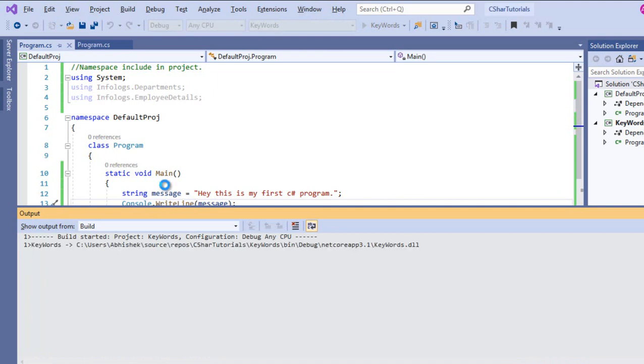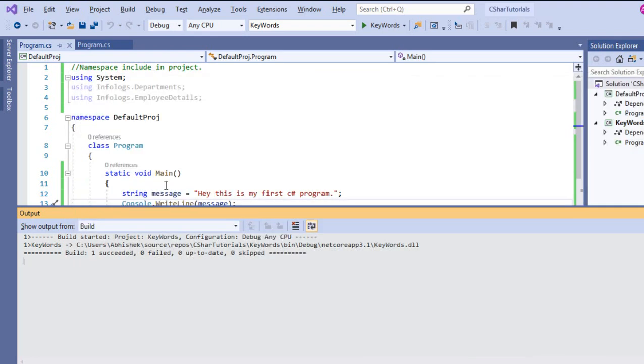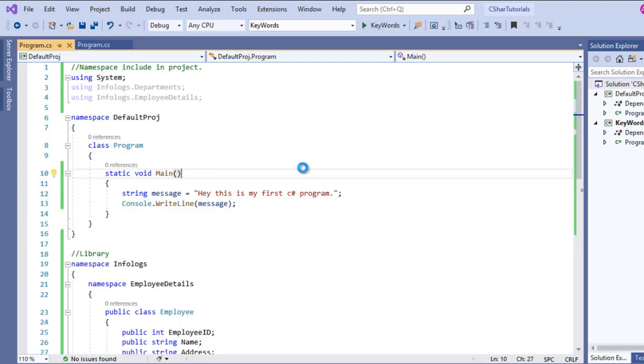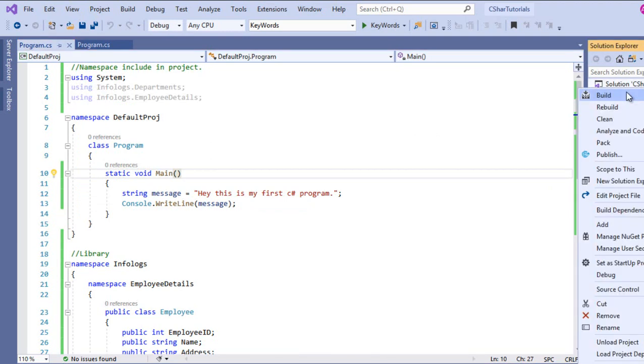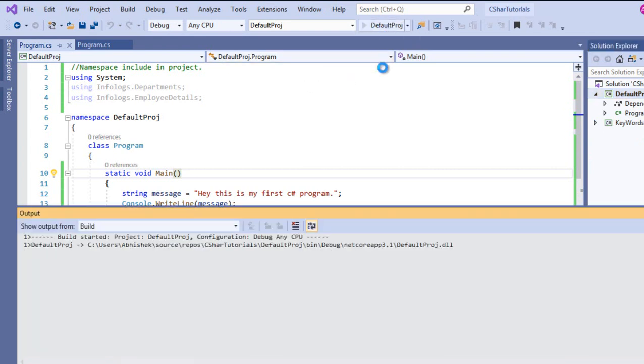Currently the project is getting built. Exactly, see, there will be the hello world message. Oops, why is this hello world message there? Oh, we have run this keyword project. So the default project, we need to set as default. So this is our default project. Now as soon as I run this default project,